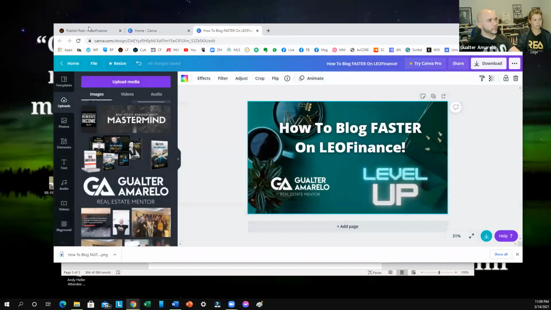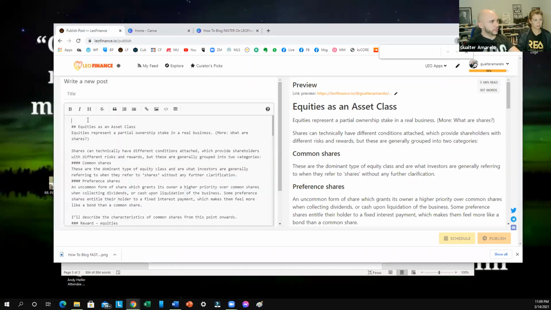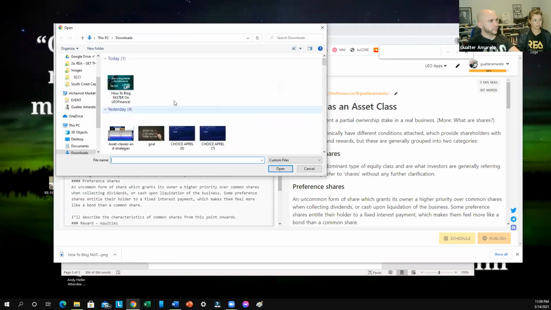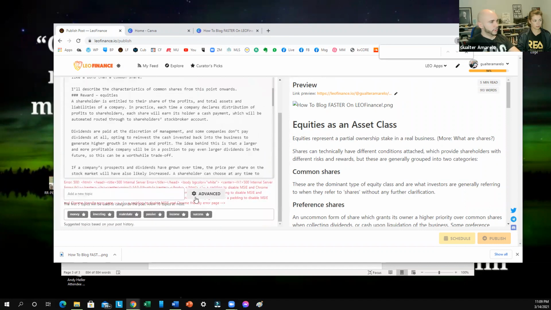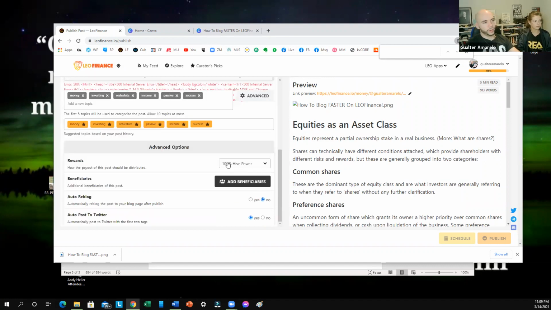And we'll see if it'll load, but I think that Leo's still having an issue with uploading images. If this doesn't upload, I'll toss in a video later. Yeah, it's going to give me that error down here. That's fine. So another thing I do, and I believe everybody should do this, at some point, find somebody you